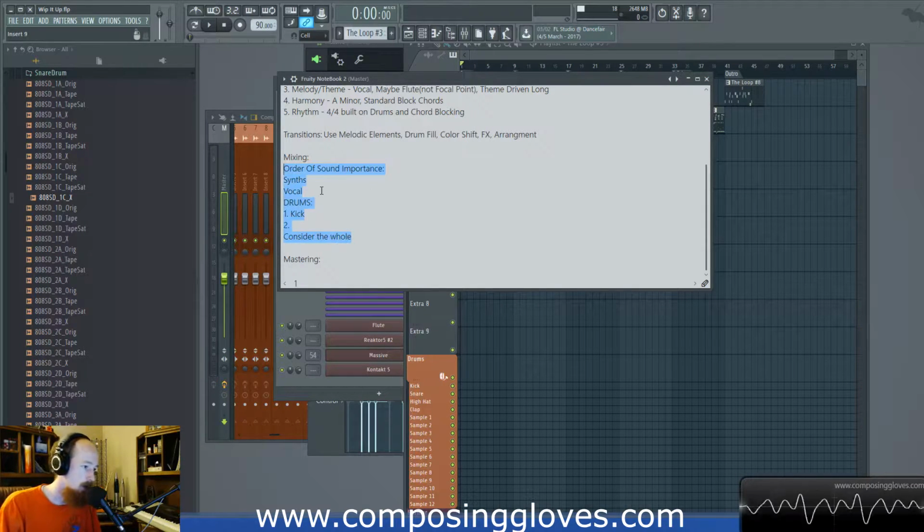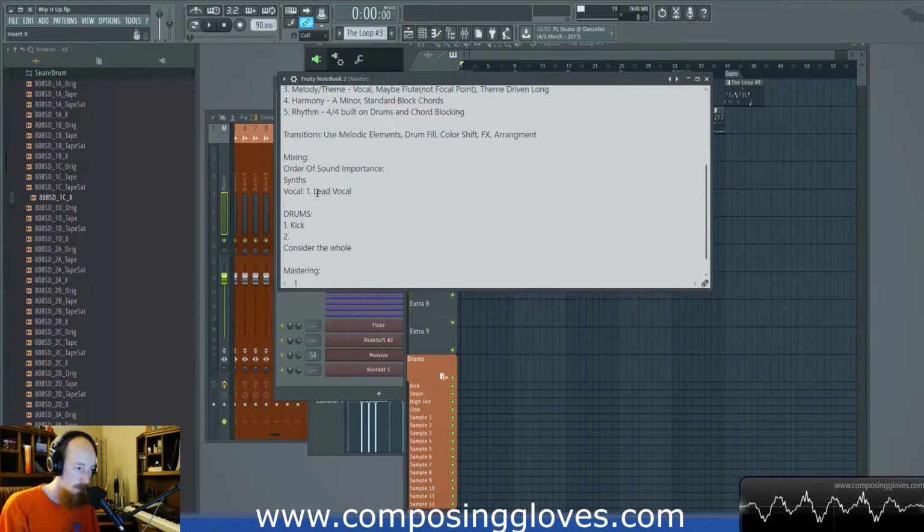You come up with your categories, and then you write out what you're going to do for each category. So if you have vocals, you pick which vocal is going to be the most important vocal. So first we'd be like, oh, one is our lead vocal. Do we have a harmony part? And then do we have background parts? And what kind of background parts do we have? Those kinds of things. Maybe you just have one vocal and then you have your synths. Also on the lead vocal, if you're going to be using doubles, I would write down what I'm going to do to the doubles separately. I would consider panning. All those types of moves should be considered here.